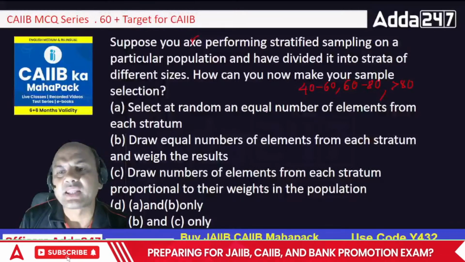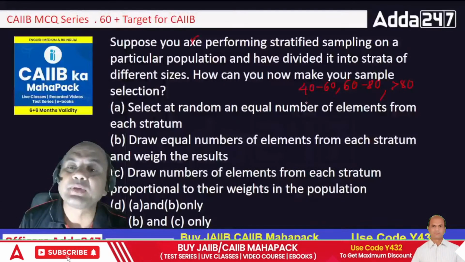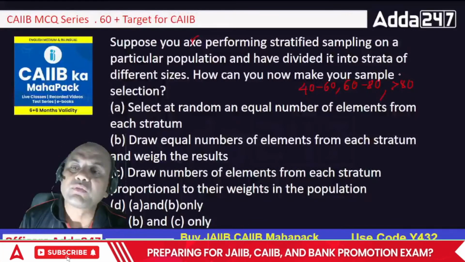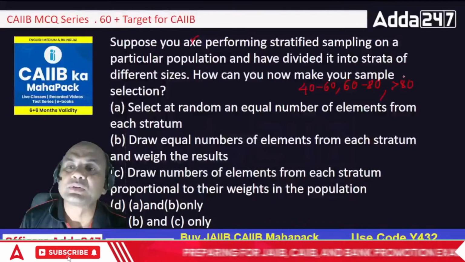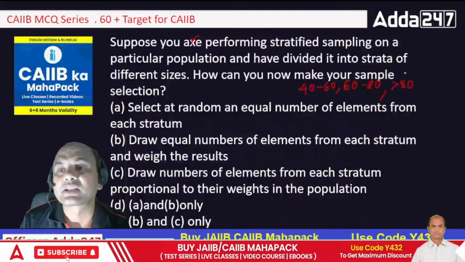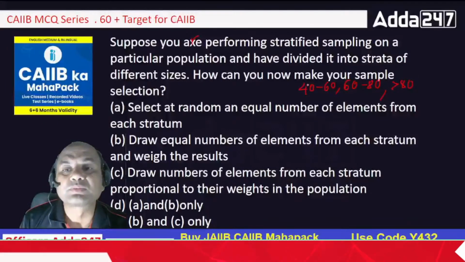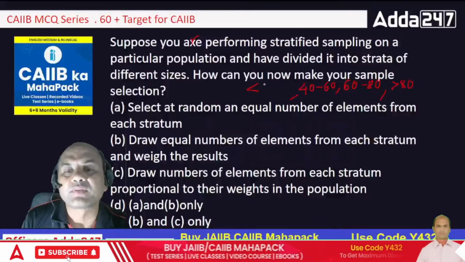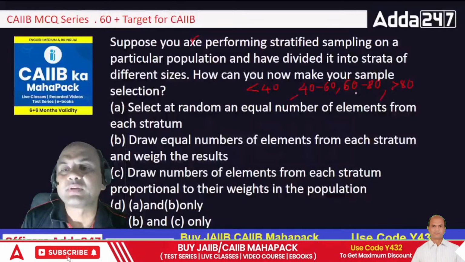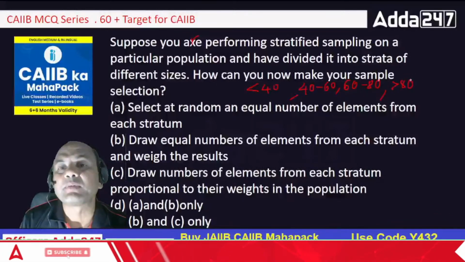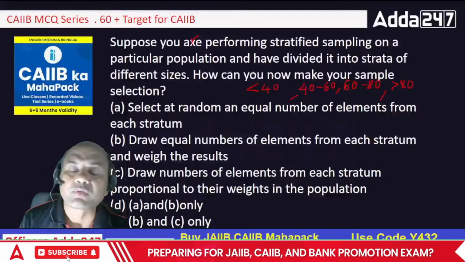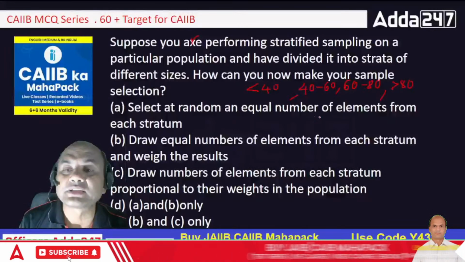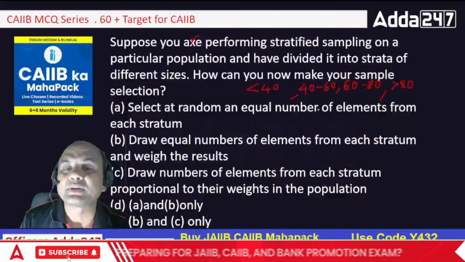Here, if I select an equal number of elements from each stratum, then it will be injustice. Because above 80, one guy of above 80 will have brains or cleverness almost double that of anyone who is below. Let's say I make a third stratum of less than 40. Anyone who is above 80 will be roughly double as efficient as the person who is less than 40. So that's why it will be injustice to these guys. So an equal number of elements cannot be selected.